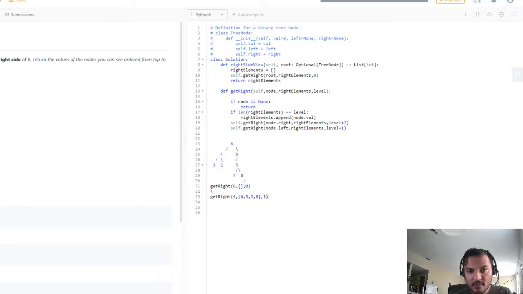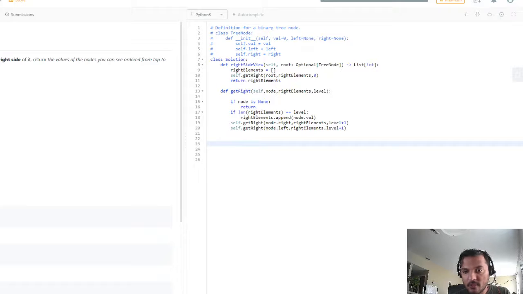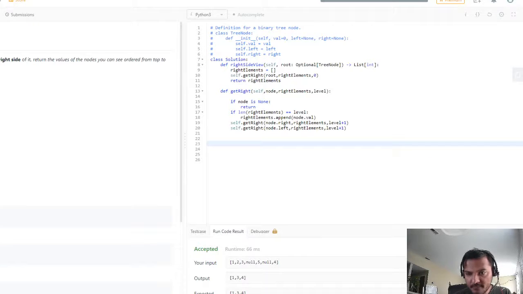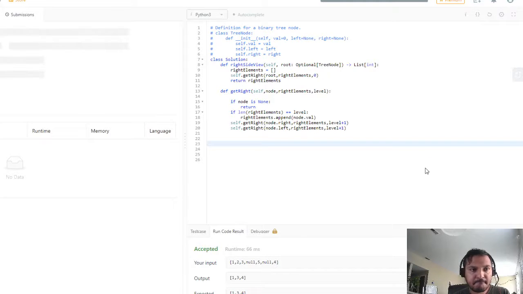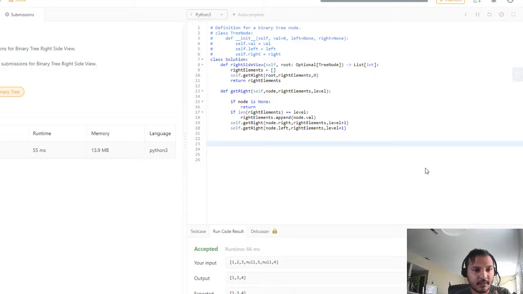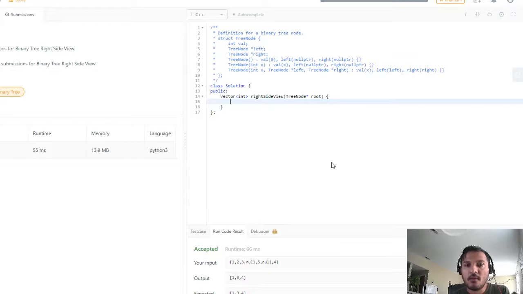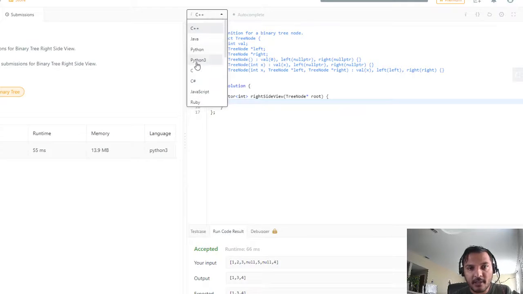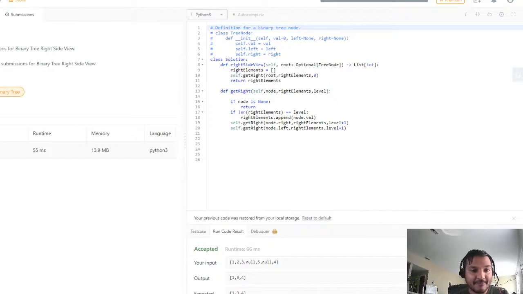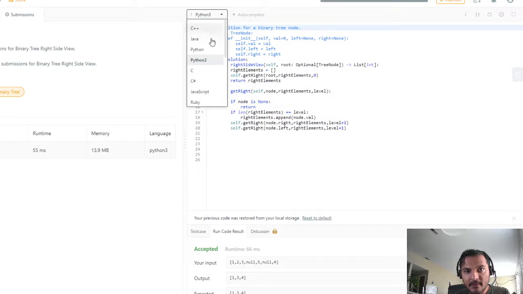All right, so let us run it. Good. Let me submit it. Let's see. All right, great. So pretty awesome memory usage. It's like bad runtime, but it's all right. Let's code the same thing in C++. So again, whatever I coded in Python, I'll just do the exact same thing in C++. So let's go to C++,